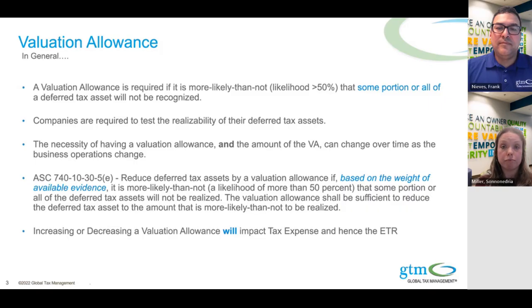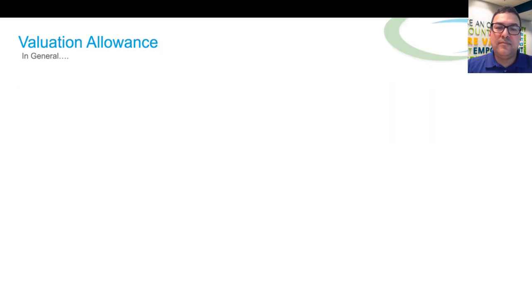If we fast forward to year two, the company now has generated a $50,000 capital gain. So they're now going to be able to realize the benefit of some of that initial $100,000 capital loss. So they're going to now reduce their valuation allowance because they can now get a portion of the benefit of this. So they're going to debit the valuation allowance for $50,000 and credit the deferred tax expense for $50,000. Whenever you increase or decrease a valuation allowance, this will impact your tax expense, and it will also have an impact on your effective tax rate.